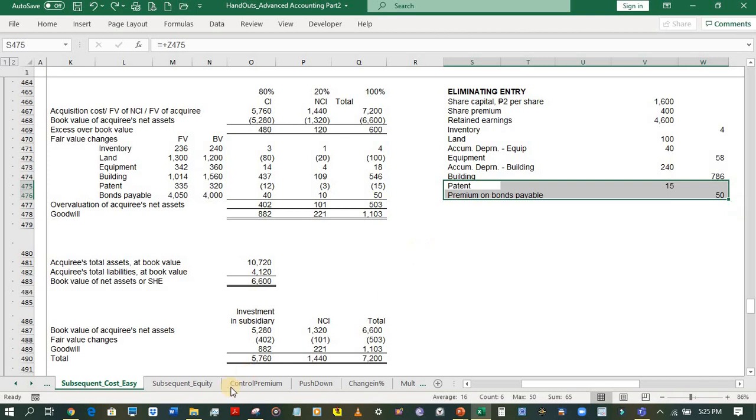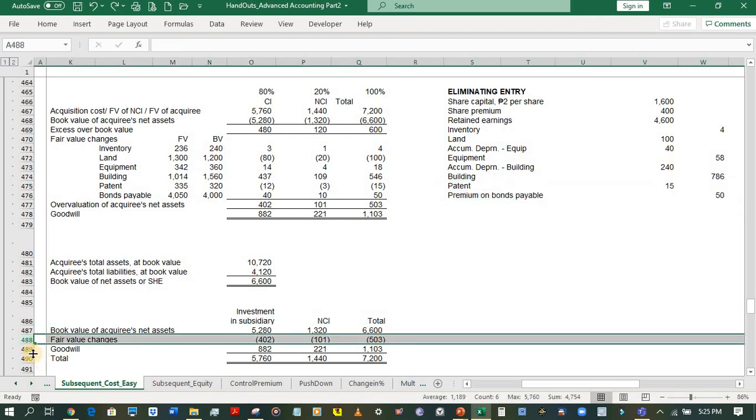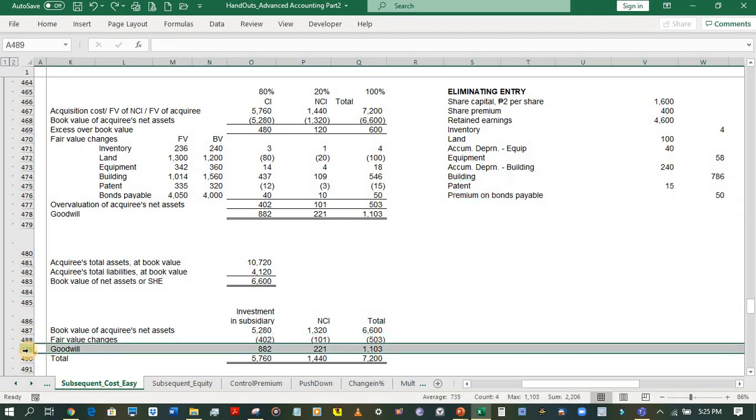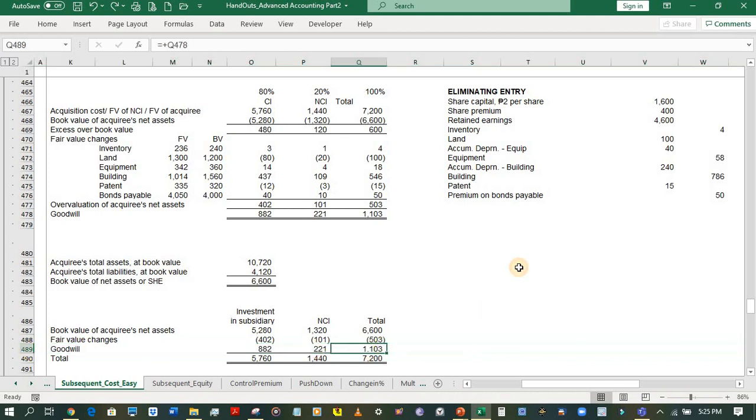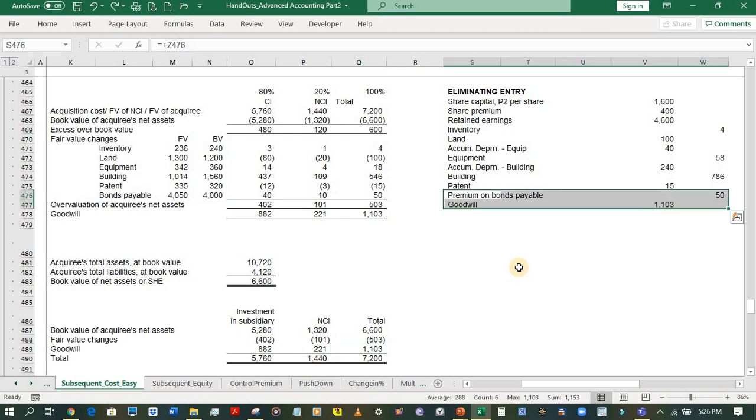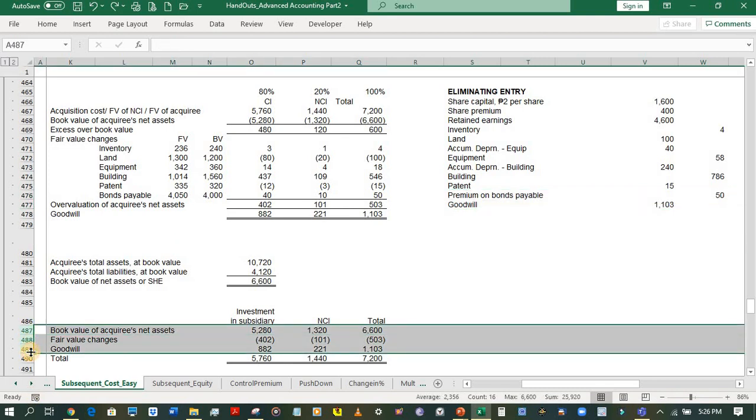Now, after the fair value changes, let's record the goodwill. Since we are using the total or the full goodwill approach, we need to record a goodwill of 1,103, and that will be a debit to goodwill for 1,103. Now, after we include these three items in the eliminating entry,